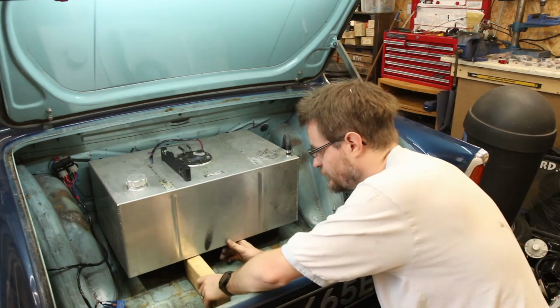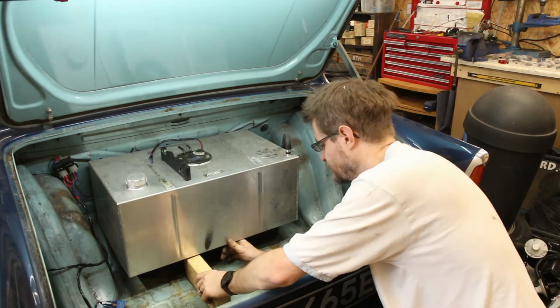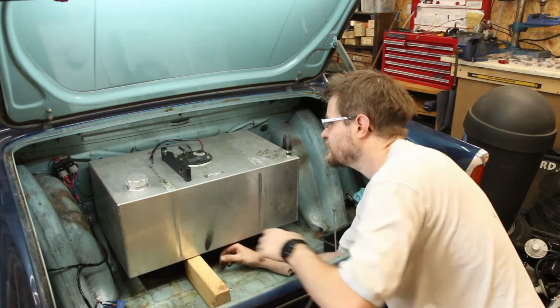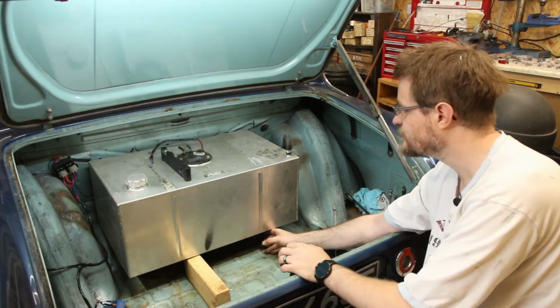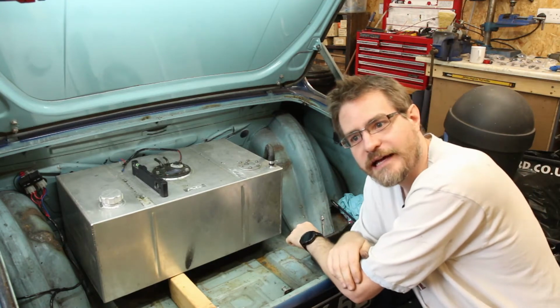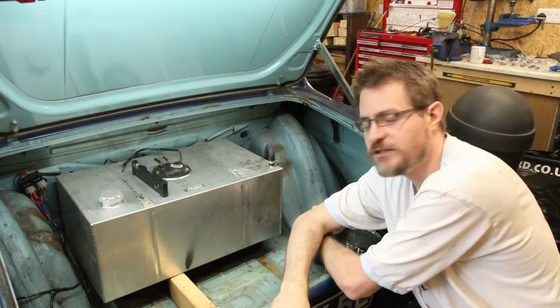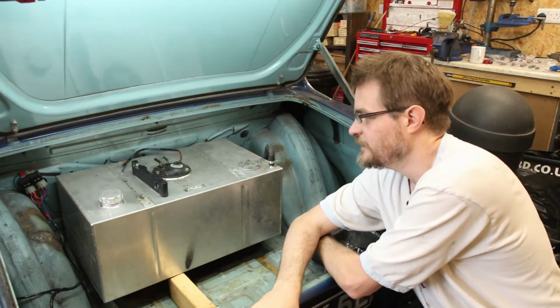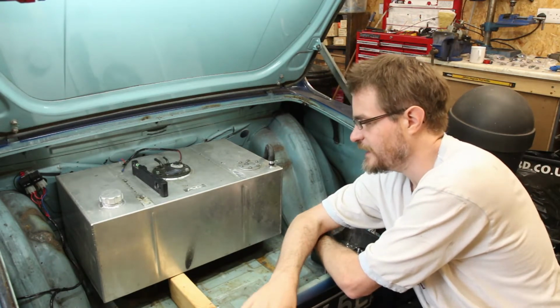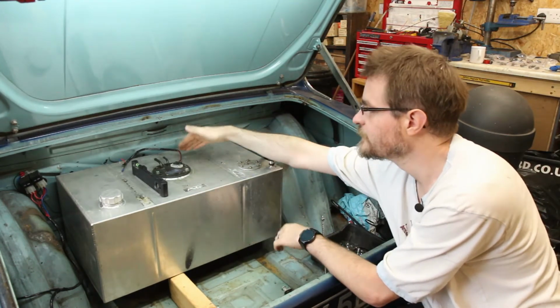Oh, that block of wood just tucked inside that channel there sits pretty nicely, and it's almost spot on. I've poked my phone down the back and I can see all of those holes down there, so that's looking pretty good. So what I think I need to do now is measure up a sheet of metal that can